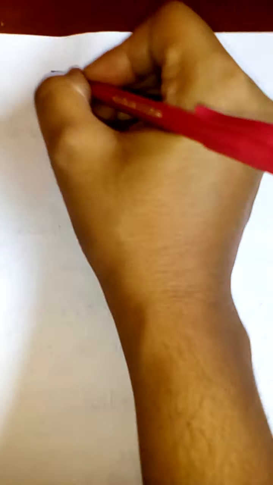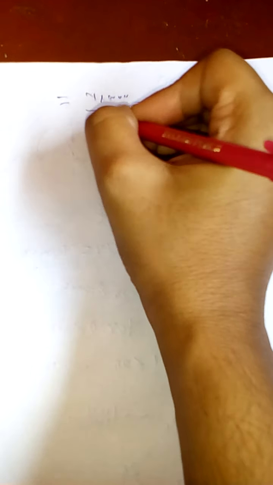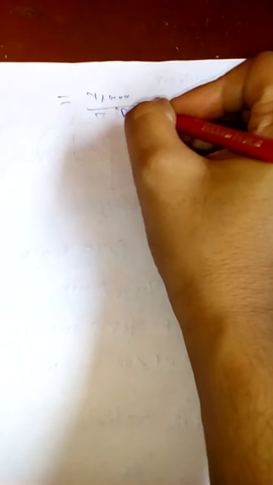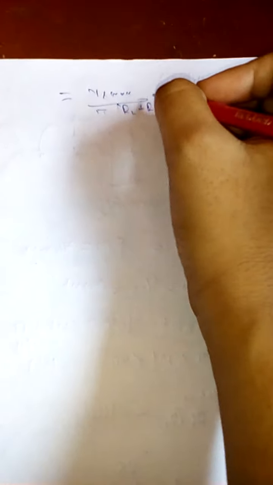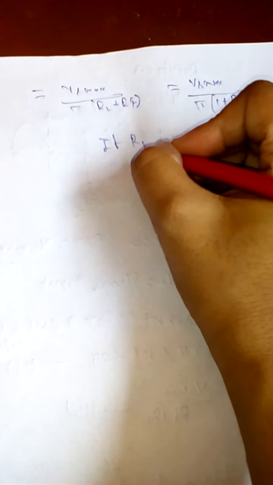If we calculate IDC into RL, then we get Vs max RL by pi (RL plus Rf). So Vs max by pi (1 plus Rf by RL). So if RL is very much greater than Rf, then we get VDC equal to